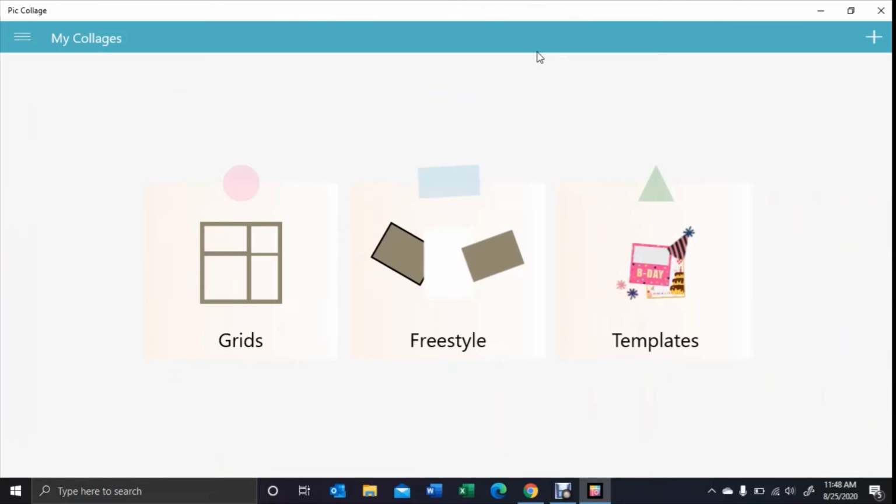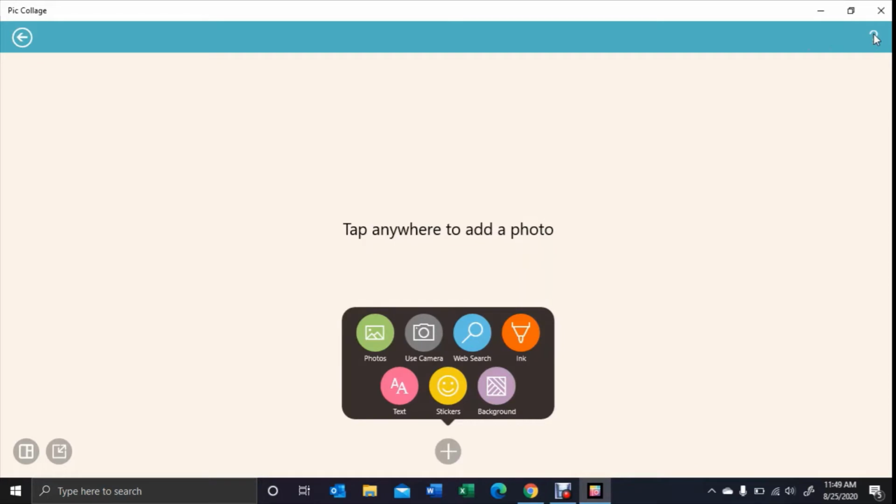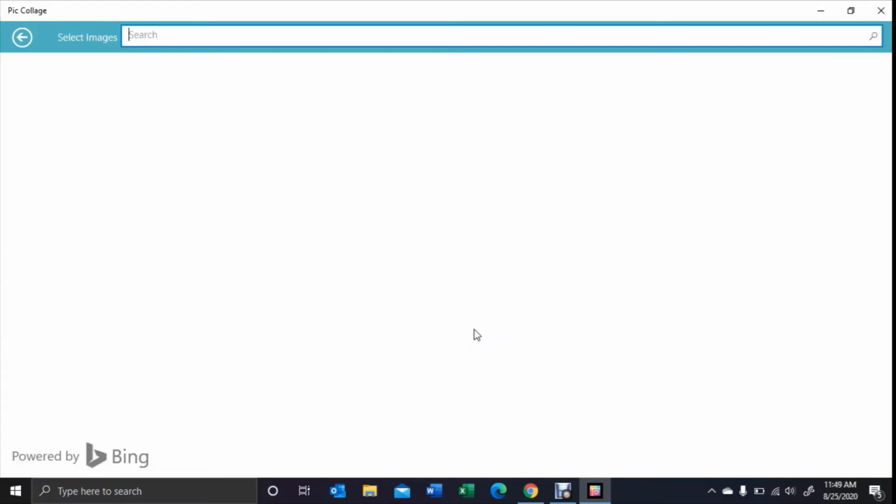Okay, this is the PicCollage app. Now first of all I'm going to show you how to manipulate, resize and crop. We need to have some images. Here I'm going to show you how to search for images on the web. After opening this, you will see on the right corner at the top there is a plus sign. Click on that, and in this pop-up menu you will see some options. Click on web search,